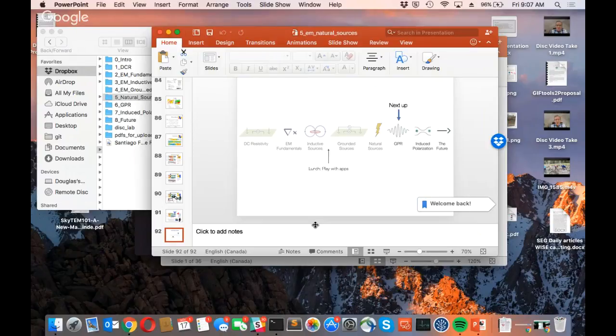The purpose of this presentation is we want to provide you with a complete spectrum of electromagnetics. I think it helps very much to see everything all at once and see how they interact with each other, and also when you have a particular problem, where you might fit in. So first of all, what we did yesterday with DC resistivity,